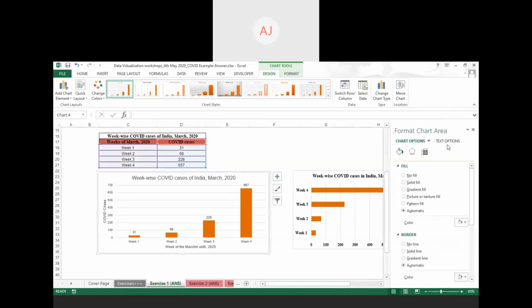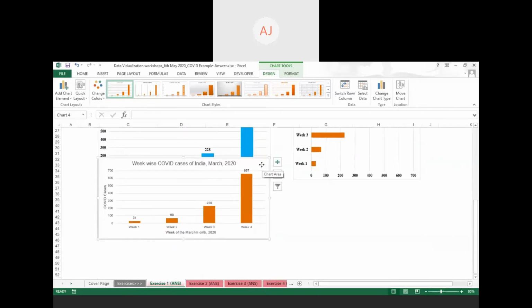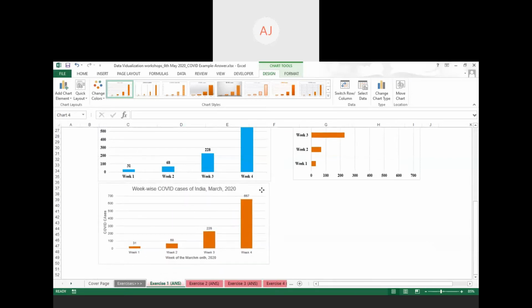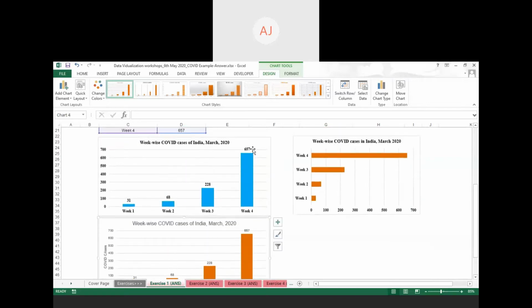So this is our complete chart now. If you compare with our previous chart which we have provided in our Excel, you can compare these both charts. Now both charts are looking similar. So this was the column chart preparation. I request all participants, you can take 2 minutes in making this type of chart and make it with my answer sheet based chart. And if you get any problem, please drop your message in the chat box.